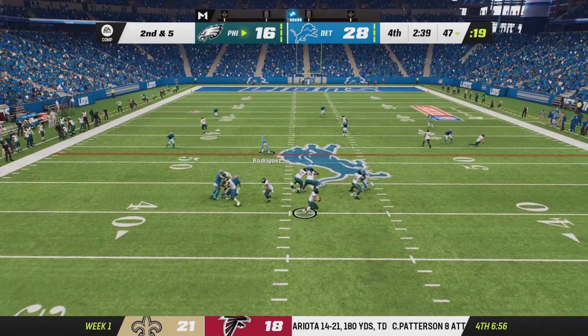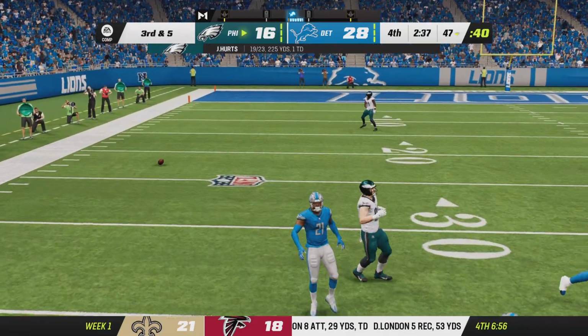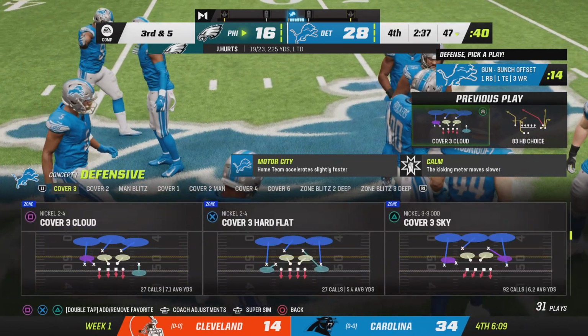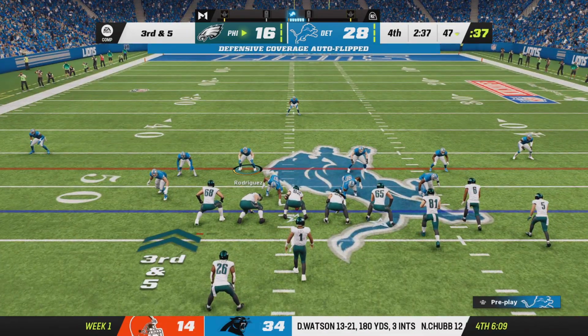Hurts is eluding the pressure, throwing to the right, and this one is too low. That was an interesting look there, because as soon as he got outside the pocket, I thought he was going to take off